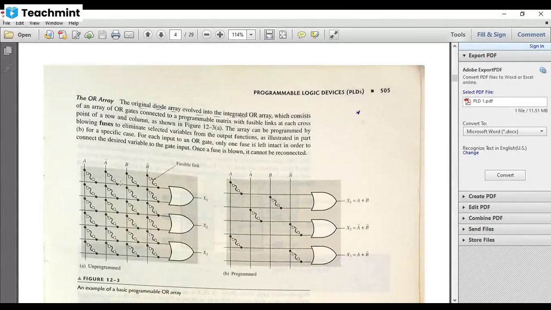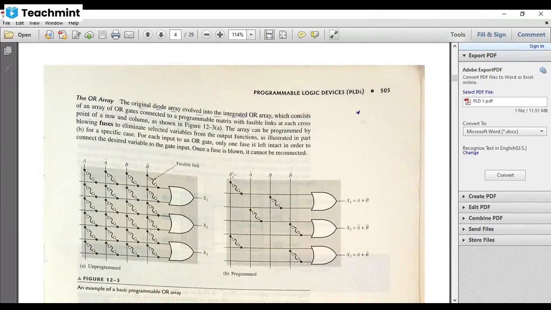So how is this blank array to be programmed? Only this edge contact we have to place as it is, otherwise all these three contacts we have to blow off. In the second row, the first two contacts we have to blow off, first and second, and the fourth contact we have to blow off, and the third contact we have to put as it is.